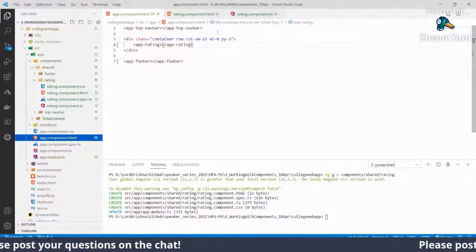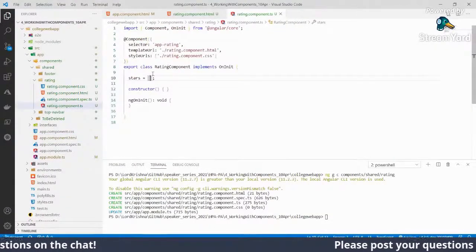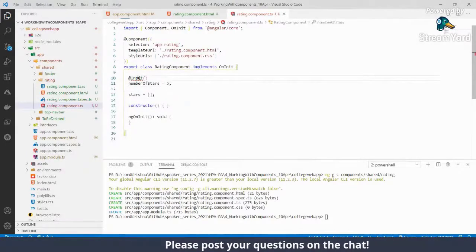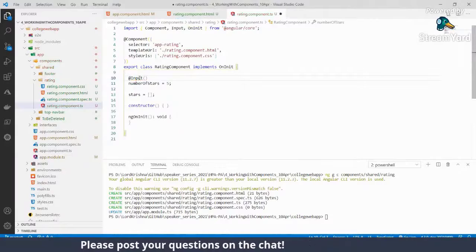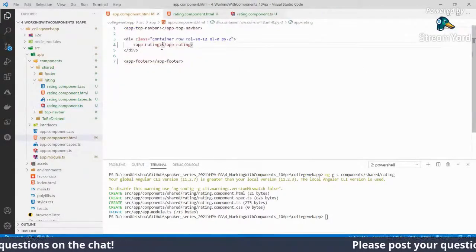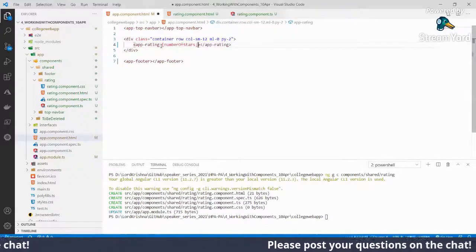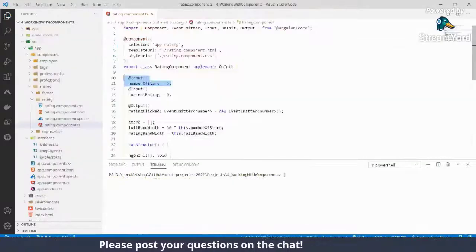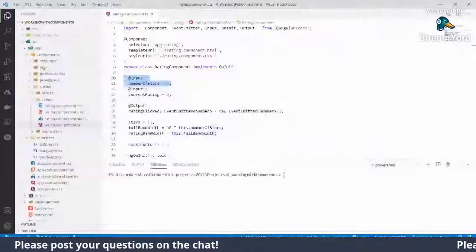This is one of the inputs we are accepting, as we said, if you want to accept something from the parent. So I'll come back here and tell it that I want the number of stars to be 5. That's the first thing.